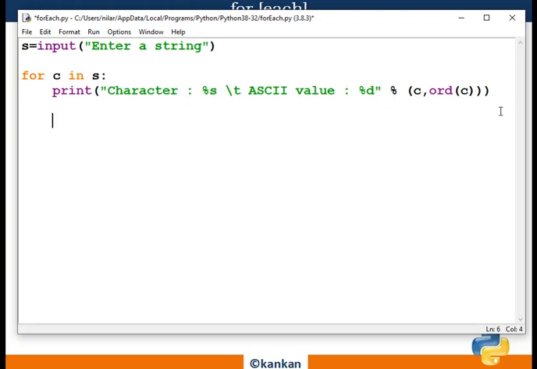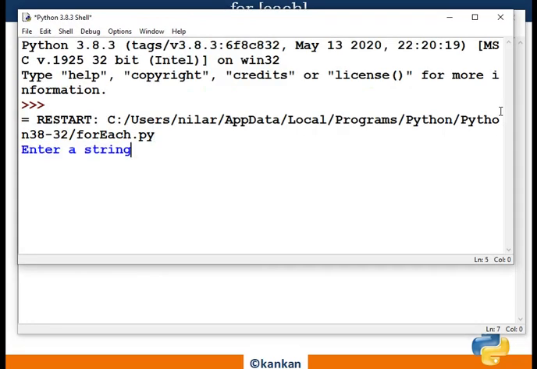Okay, so now execute this program. Enter a string. Python 3.8.3.